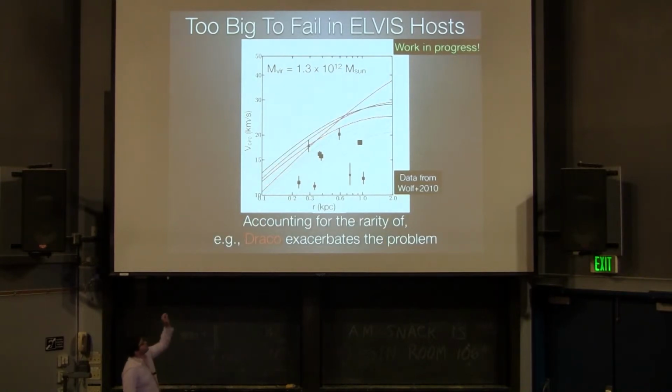Because all three of these red lines can only fit Draco. Or sorry, Draco can only fit in them. No other galaxies can fit in those red lines. So if we say there's one massive failure in this halo, then we're trying to put one Draco, which is a very rare object, into 3 subhalos, which is kind of unfair. Really, what we should do is say that one of these works and goes through Draco, and the other 2